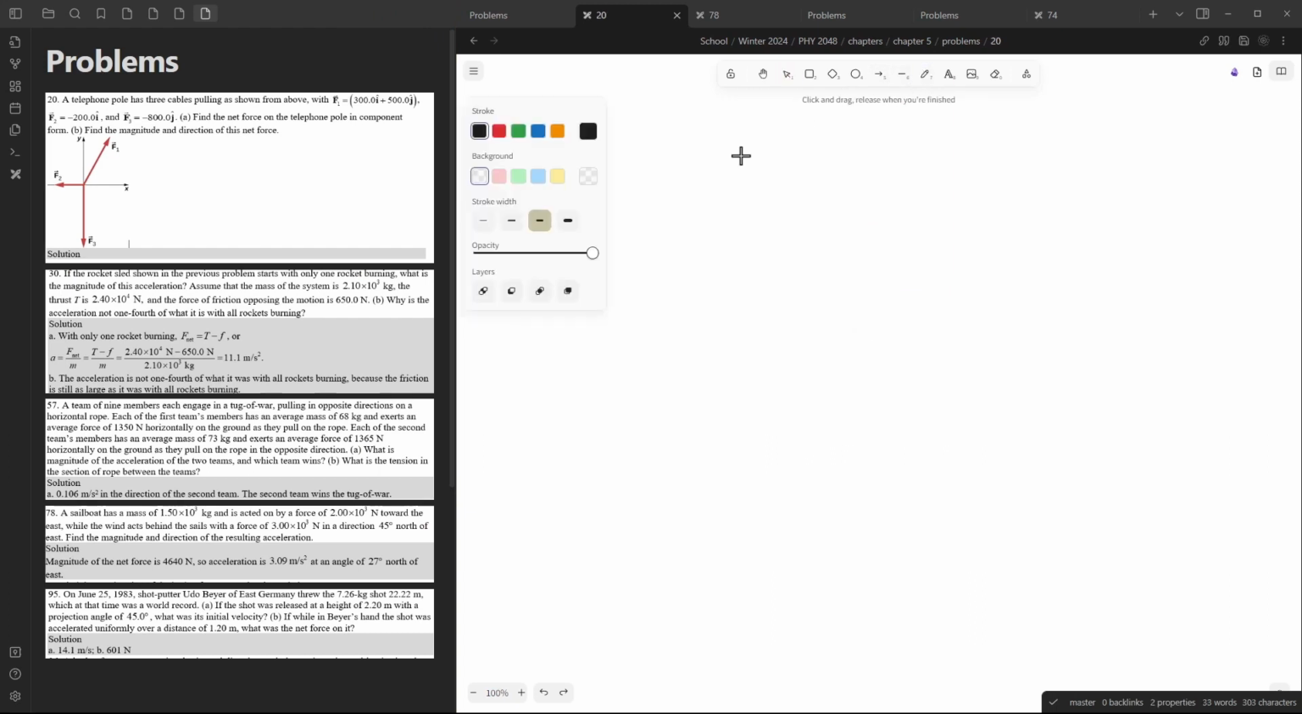So it says a telephone pole has 3 cables pulling as shown from above, with F equaling... So let's just draw a diagram. This one's going to take a bit, actually. F sub 1 force vector equals